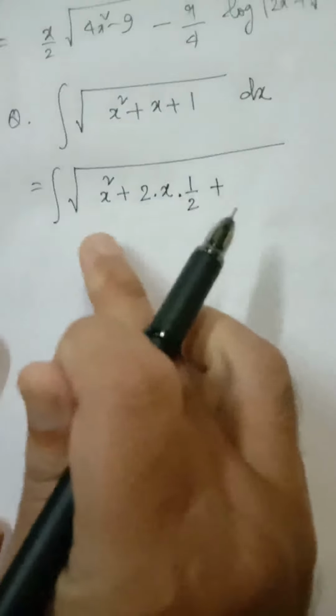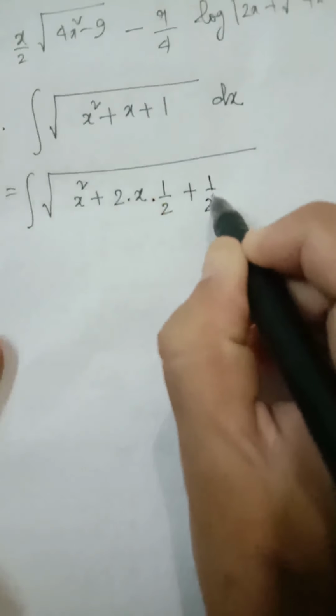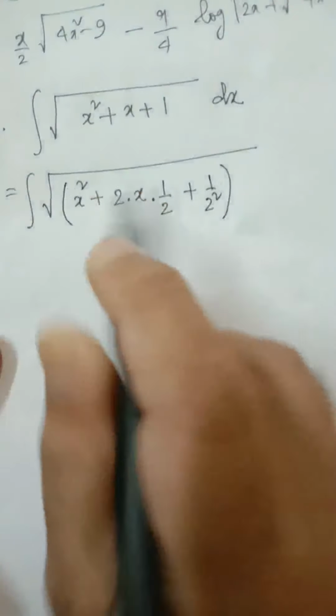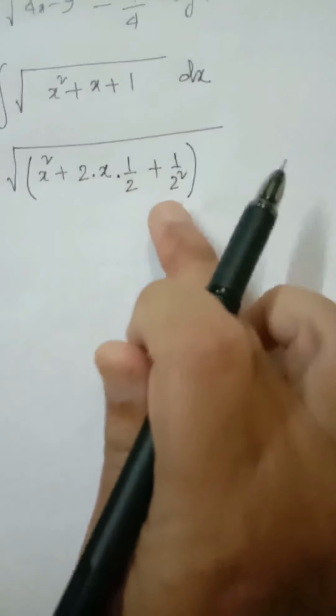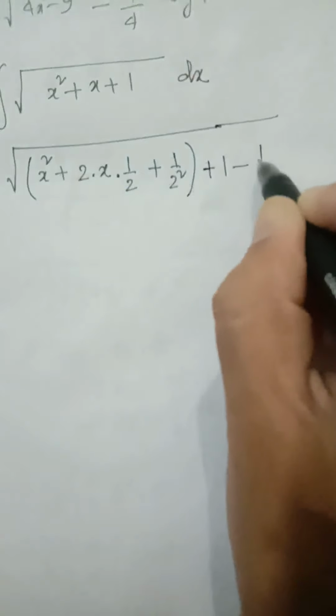Now to make it a perfect square, you can see x square plus 2ab plus b square. Now it is a perfect square. I have written 1 by 4 extra. This was not here in this line, so to adjust, we have to subtract this also, minus 1 by 4.